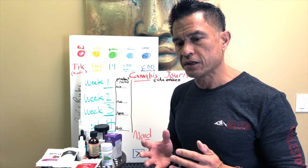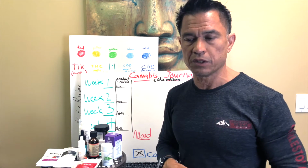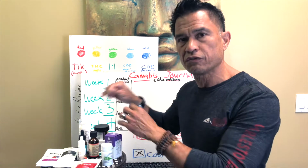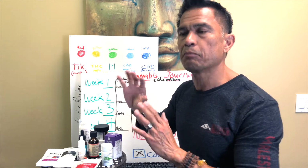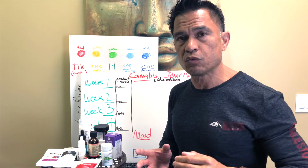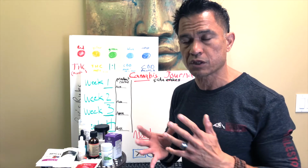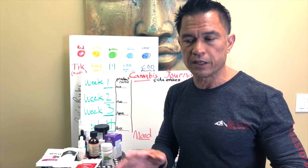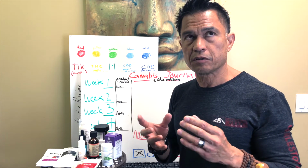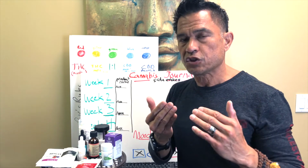And then the cool thing is that I think the workhorse for medical cannabis is going to be your CBD, but I think that it's nice when you can have a touch of THC or a nice ratio to push that CBD to work even better. So CBD can affect brain as far as CB1 receptors. CBD can affect the immune system and the periphery as far as CB2 receptors. Those are two receptors that are everywhere in the body. And THC, which is the psychoactive ingredient, the cannabinoid that's found in marijuana,